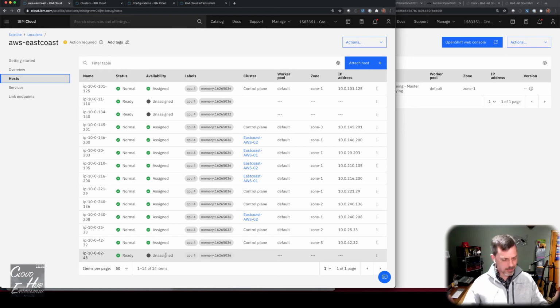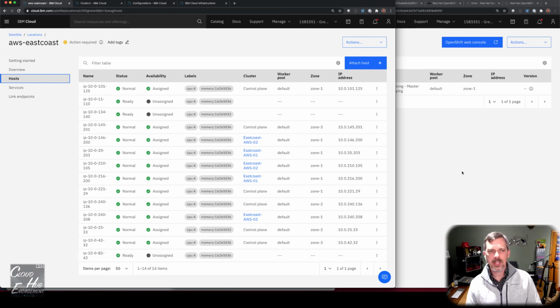So again, once this is set up, this gets to be very, very fun, because I can pick and choose where my capacity is. I can throw applications where I need. I can centrally monitor and manage all of it. But a lot of that is for the next time. So I guess in the end,